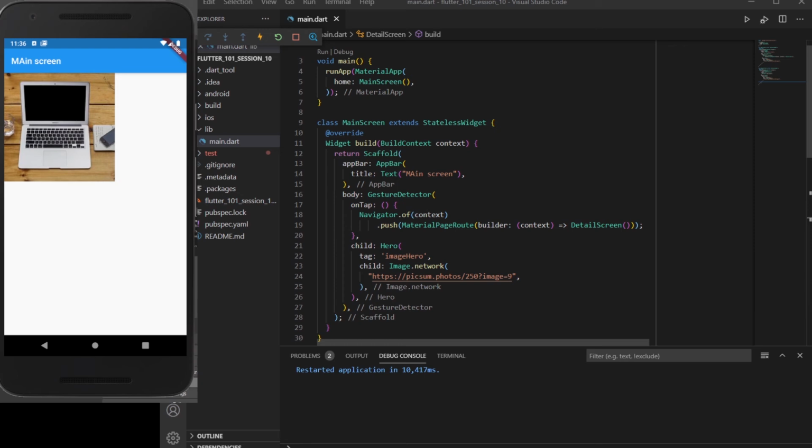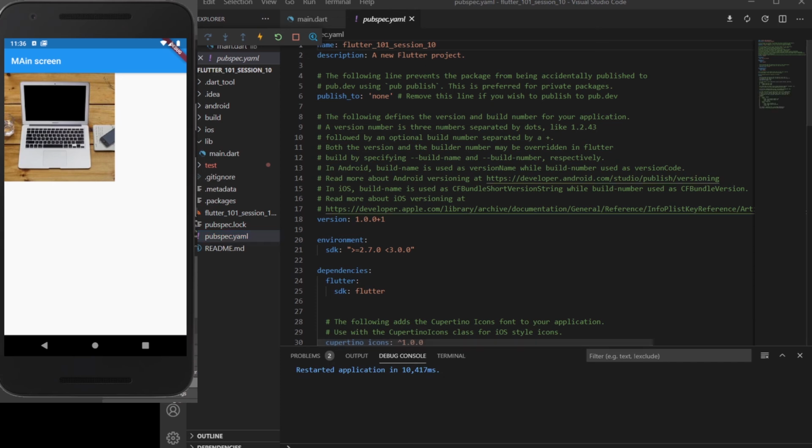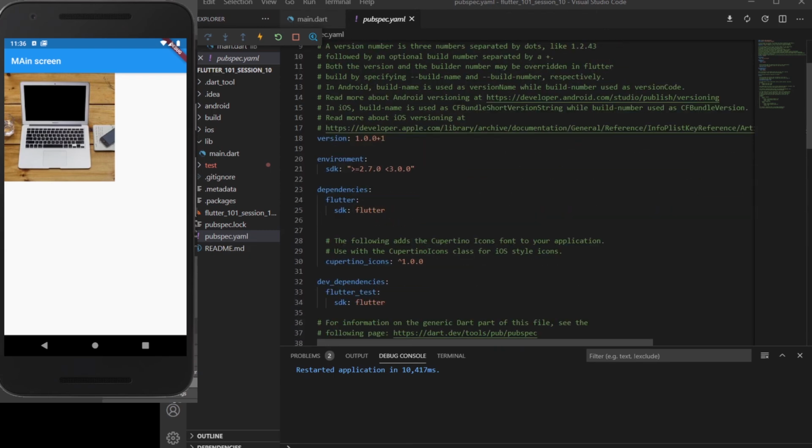So for that we need to add a particular widget inside our Flutter app. Inside the pubspec.yaml, what we need to add is getx. You can go on Google, type getx Flutter, and it will take you to the first link in the search result, the get Flutter package. You can go directly there, and inside the installing part you can copy get along with the version it has, and inside the dependencies part below the Cupertino icons you can paste it and save it.